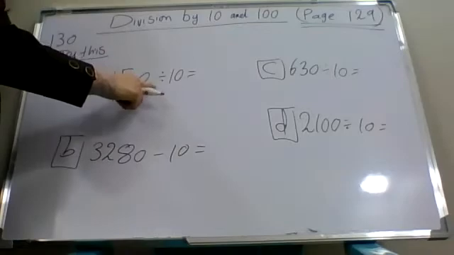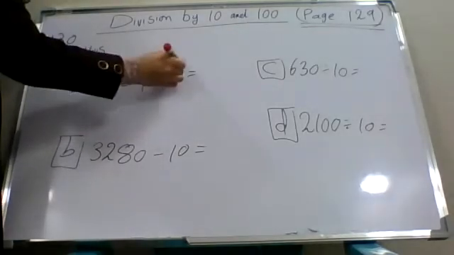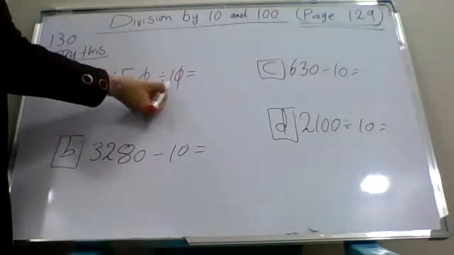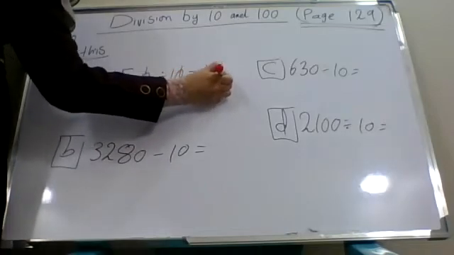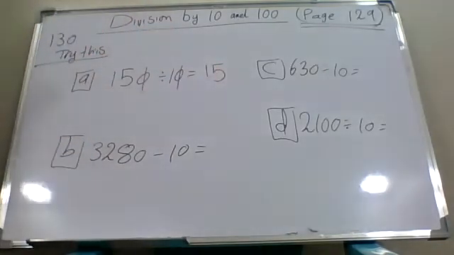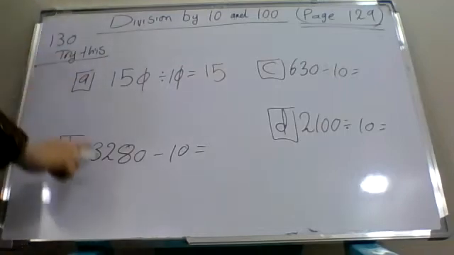In division, multiple of 10, erasing 0. So 15 divided by 1, the answer is 15. Please write it down in your book. I want to see it. Next exercise, which is